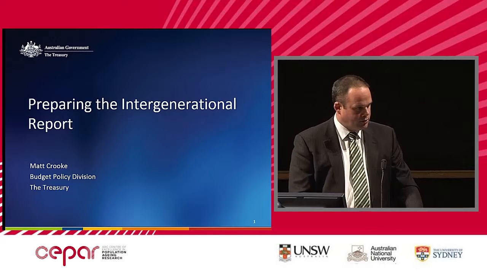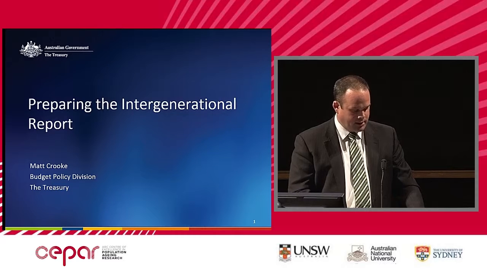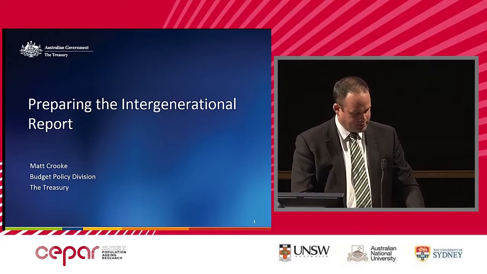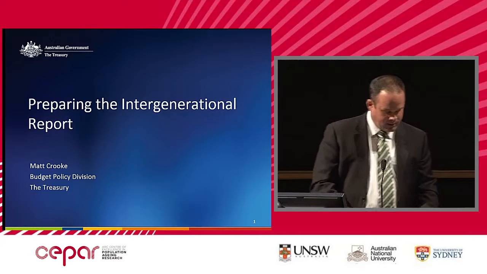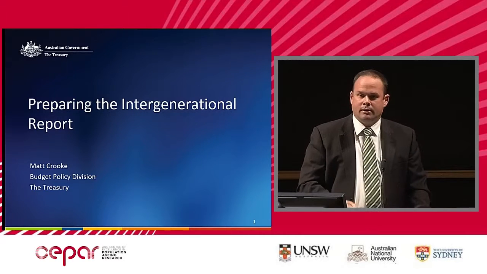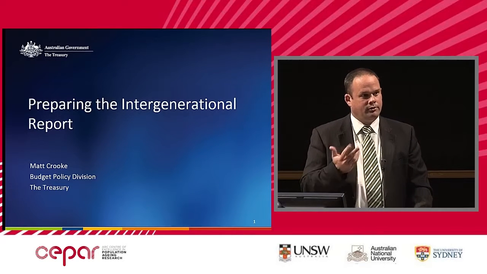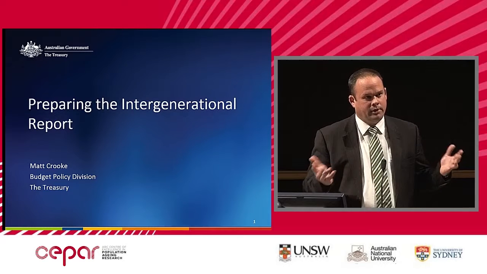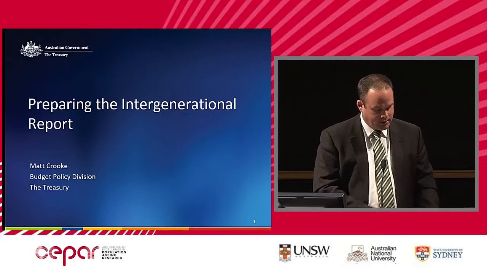And I take the points made just prior about the revenue side and basically, I think they're good points. But to frame all of this another way, it's really narrowing it down to what would be the impact on spending if current policies were maintained for the next 40 years. I think sometimes that gets a little lost. There's a lot of suggestions about what else the IGR should do, but if we bring it back to the core of what it was set up to do, that would be it.